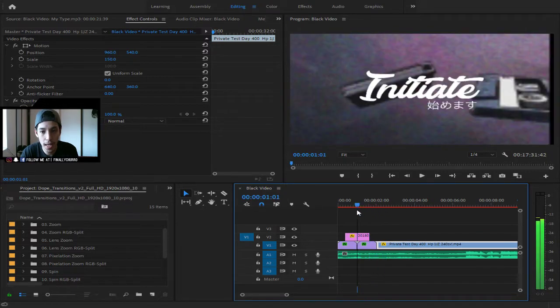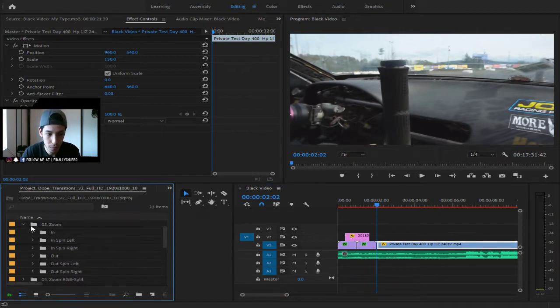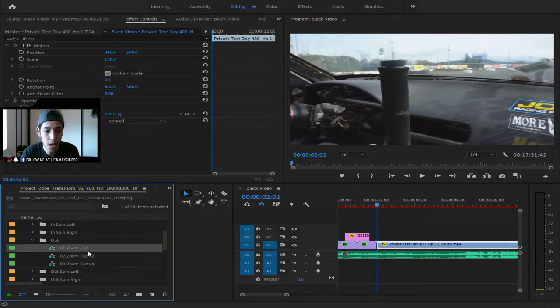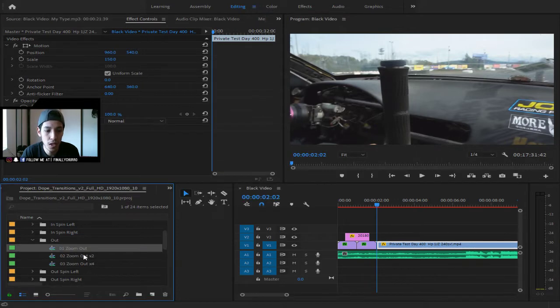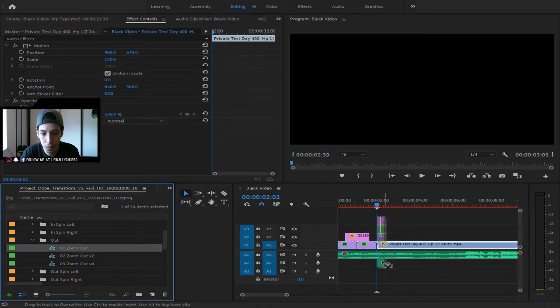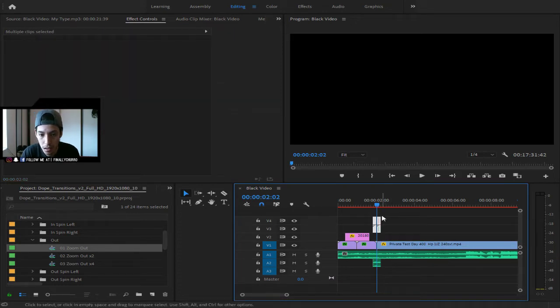So the way I think I can do it is we can do a little zoom out. So we'll go to zoom, click on the tab, and then we'll go to zoom out, and then there's the zoom out here. And what's cool is you can double click it. It's still running. Oops. What's cool is you can preview it, so I kind of know how it looks. So we can just go ahead and drag this here. We'll drag it right here. So then we'll go ahead and delete this, and then we'll bring this down. Oops. We'll bring this down,